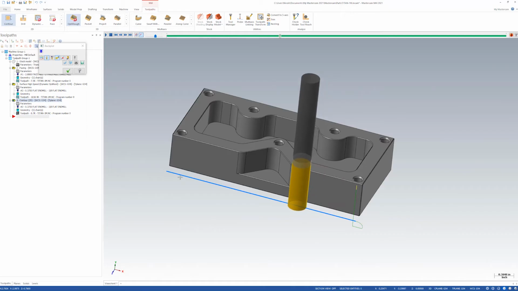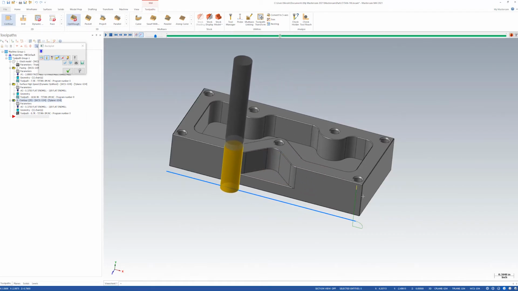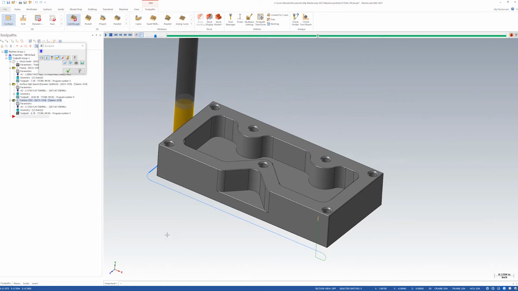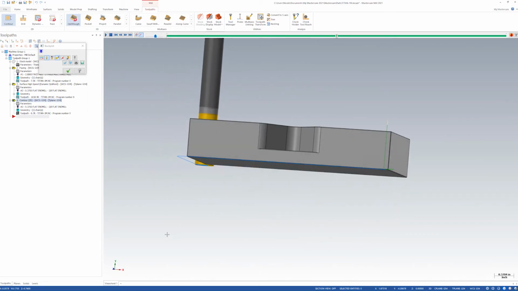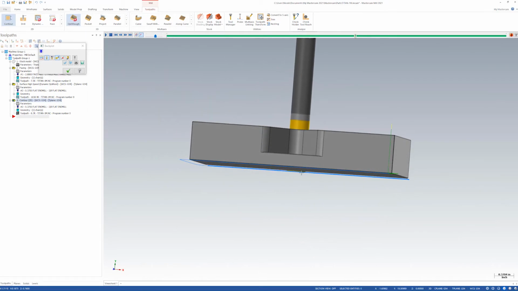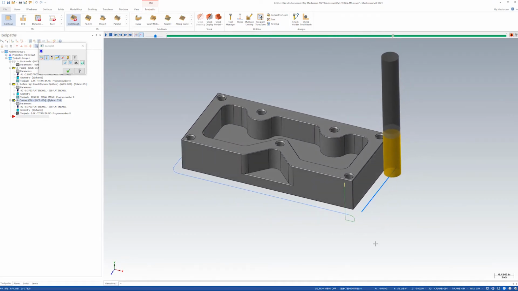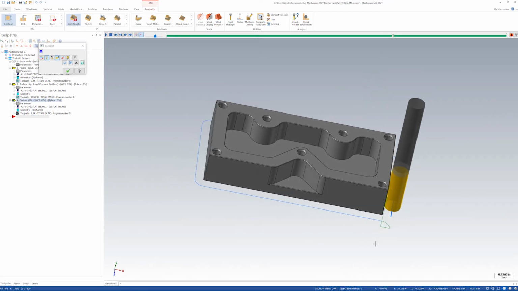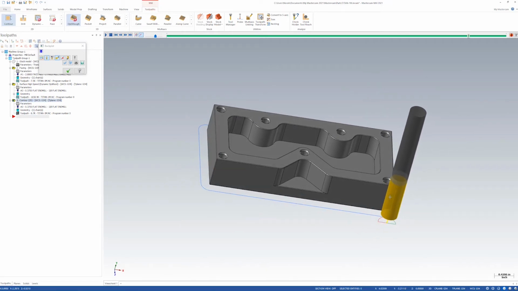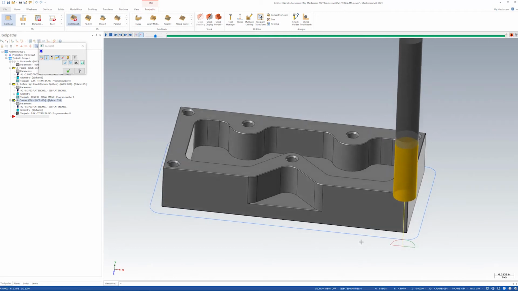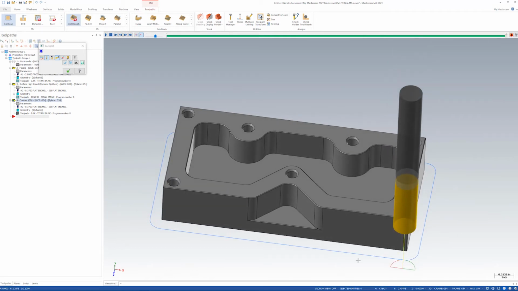Perfect. Starting on that corner to hide any witness marks from the tool entering and exiting the cut. And you can see it's just a little below the bottom surface of our part. And then exit. Perfect. Okay, so since we're on the outside and we're working our way in toward the center, let's go ahead and